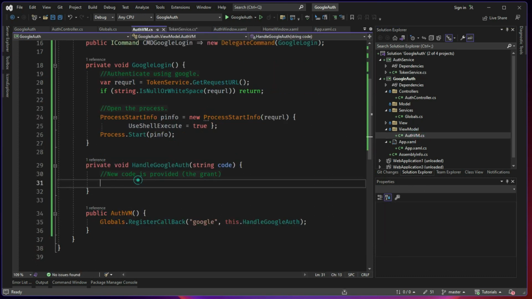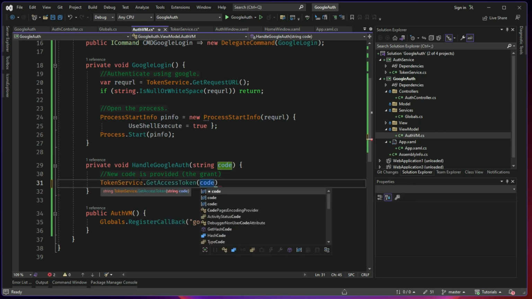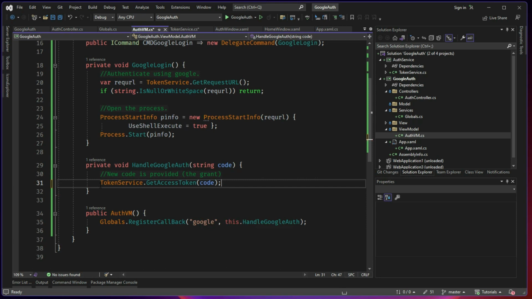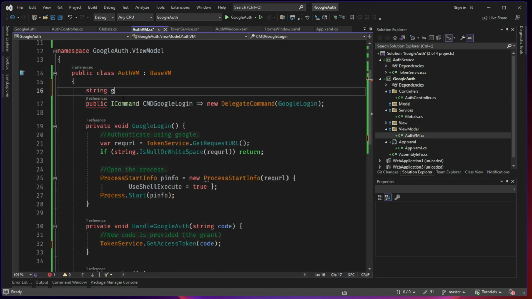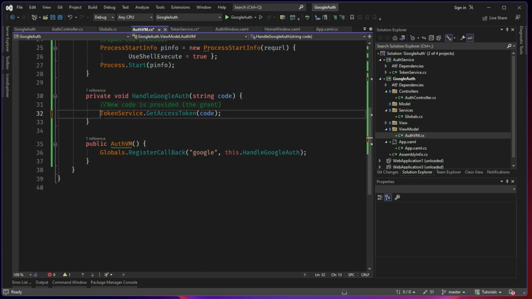Go to auth VM, token service dot get access token with this code, and here in the auth VM you can store string g auth g access token. So g access token is equal to this process, and after this is done, you can use this one to make the first call